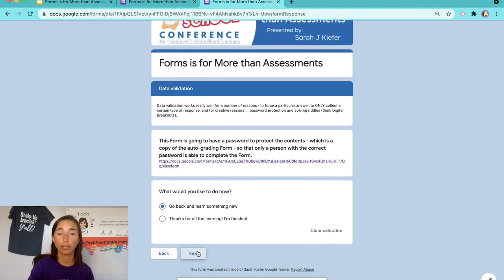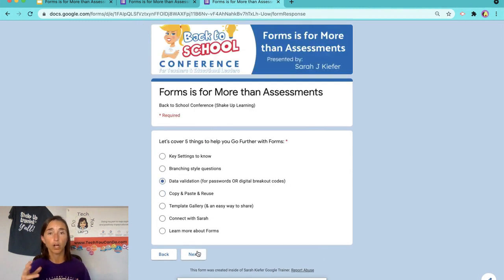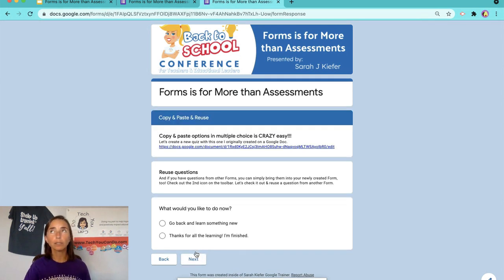We're trucking on. Hopefully, a couple of these things already have kind of opened your eyes to a different way of using Google Forms than you've typically already done. This next one, copy, paste, and reuse, is really more about the backside of a Google form and the ability for you to more efficiently make Google Forms when you're creating them. Because often what I'm finding is when teachers are wanting to create Google Forms is they already have what it is that they want on a Google Doc or somewhere,